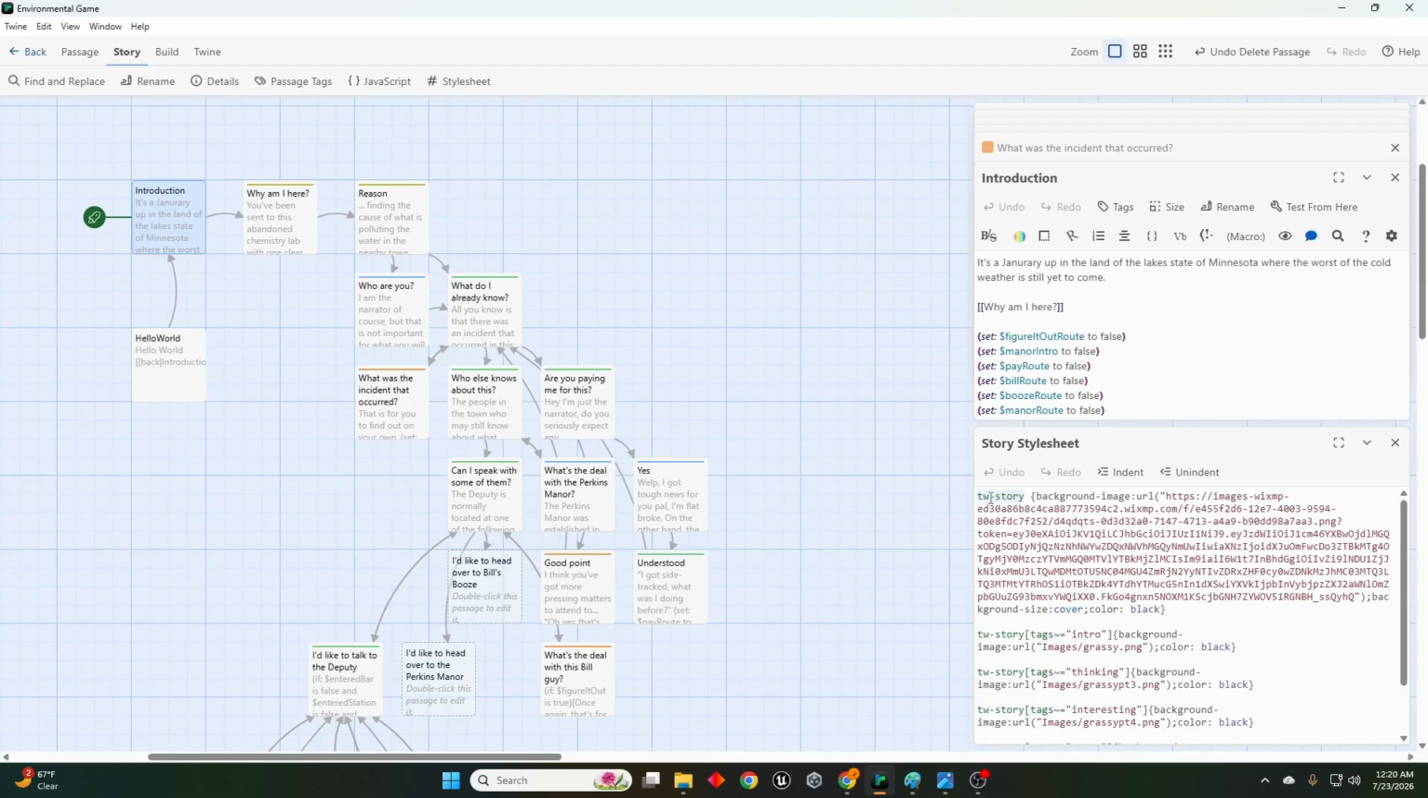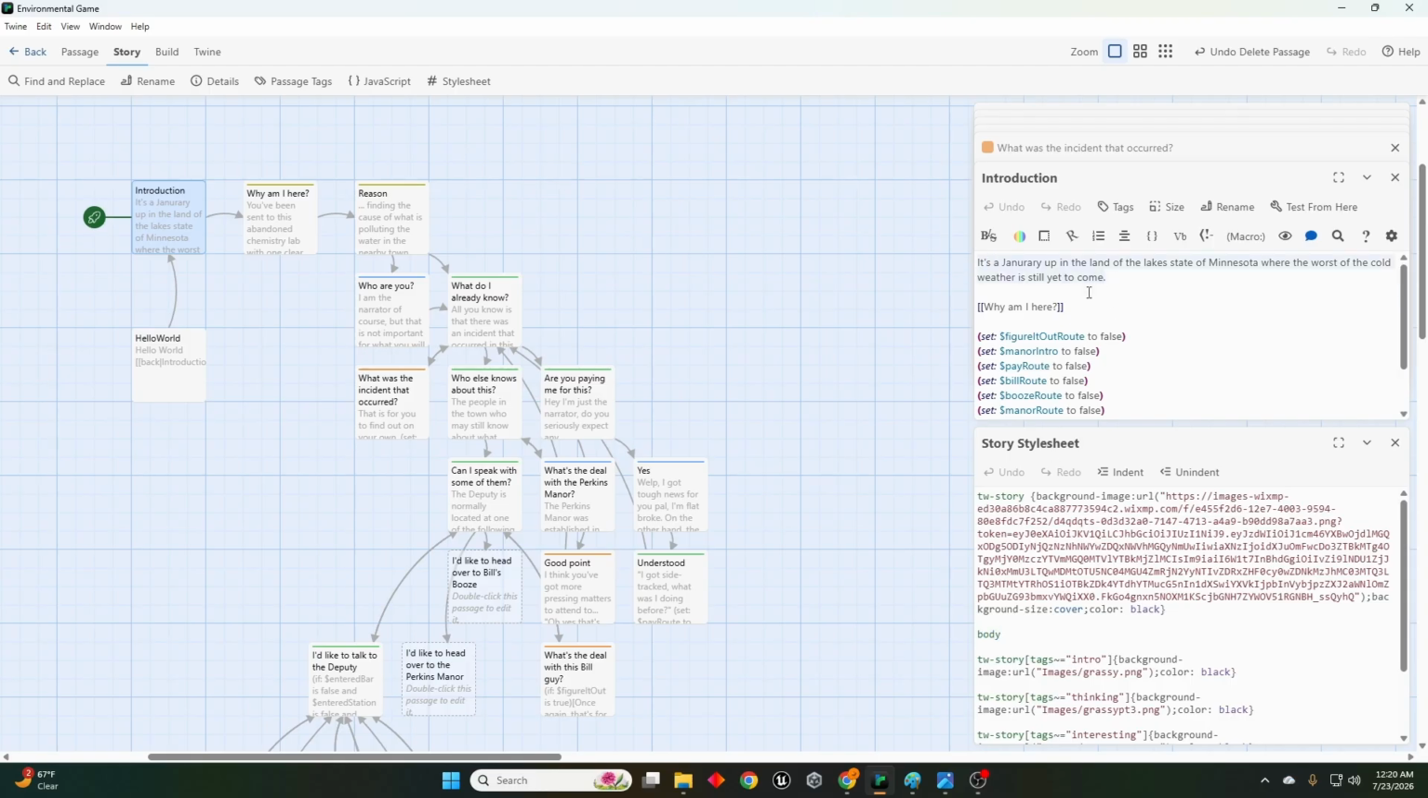What this means is TW-story is the element that we're working with. If I hit something like body, this would be the text that we're working with. But I don't want to edit the background for the text, because that will just change the text on its own. I want to change the background of the whole entire page. And inside of Twine, they have set that element to be named